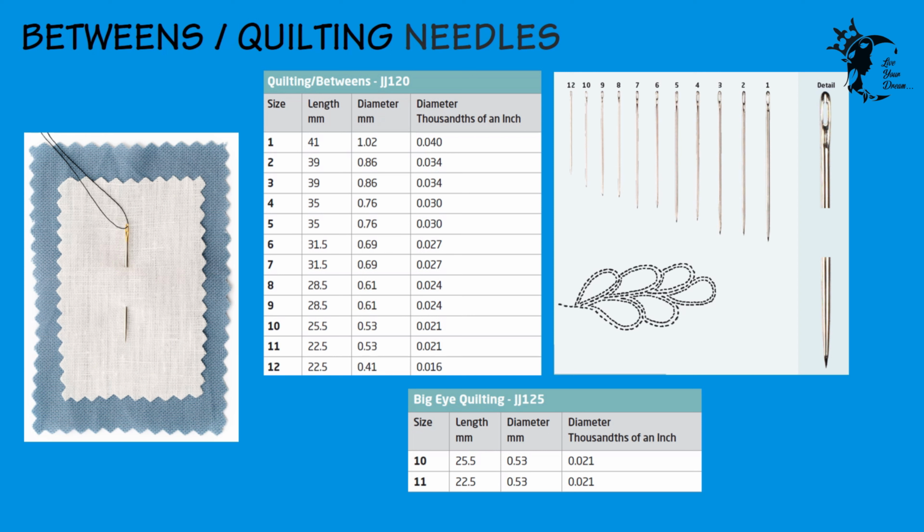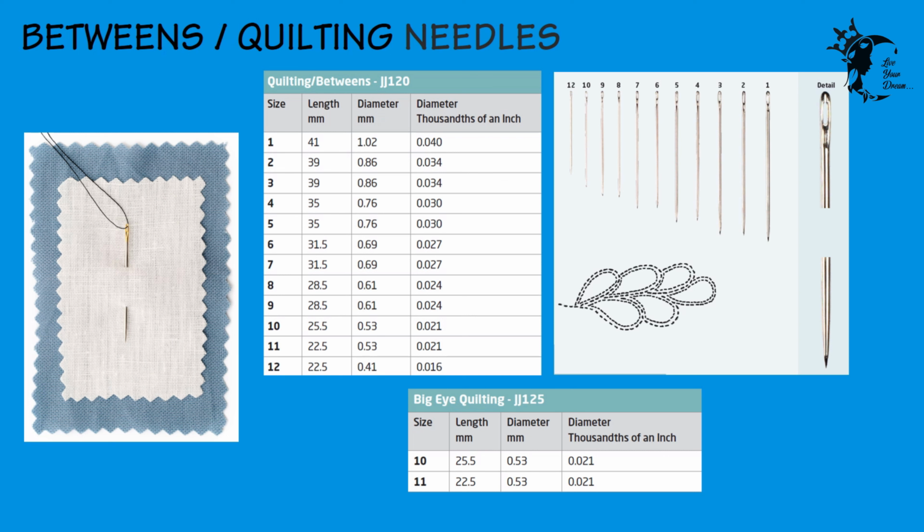Betweens or quilting needles are very short, fine needles with a round eye and sharp point, making them particularly suitable for penetrating fine weaves and even heavy fabrics. This versatile needle is widely used by quilters to create quick and even stitching. These are used for small, intricate stitching and detailed handwork. The popular sizes used by the most experienced quilters are either size 11 or size 12.